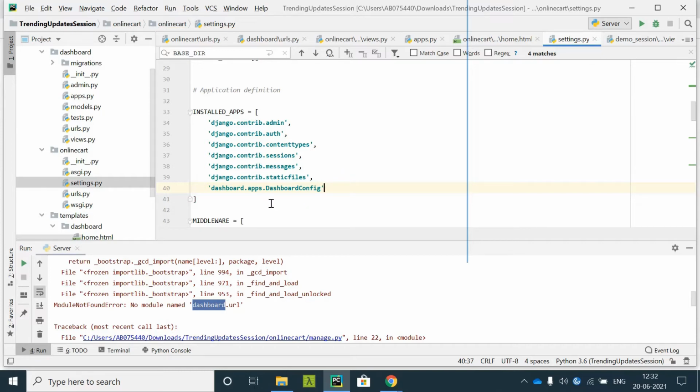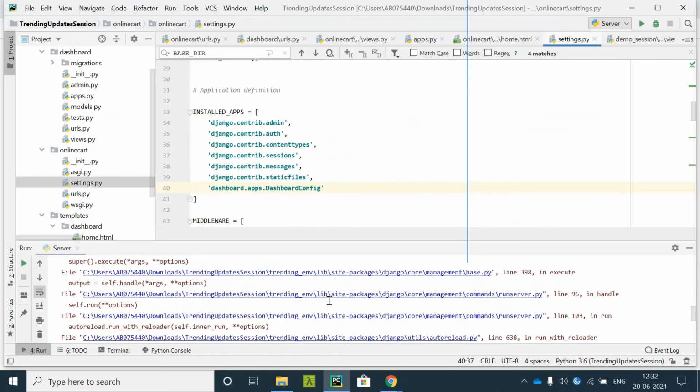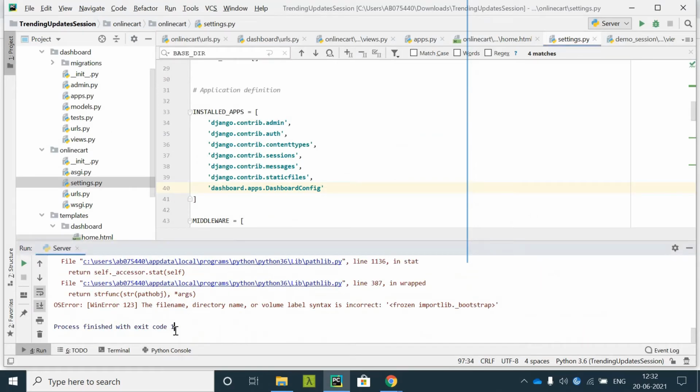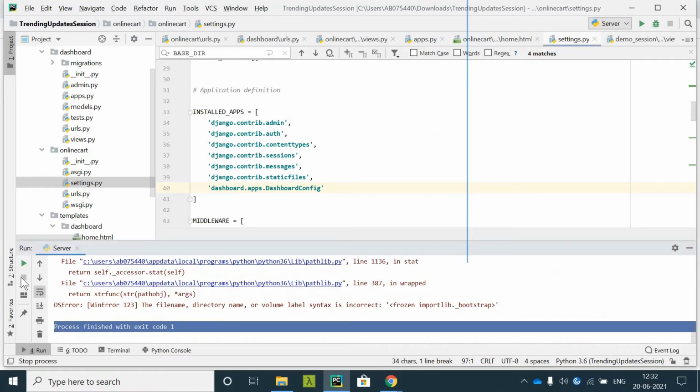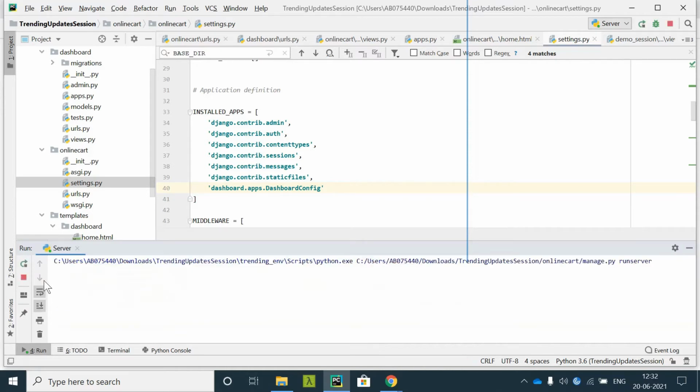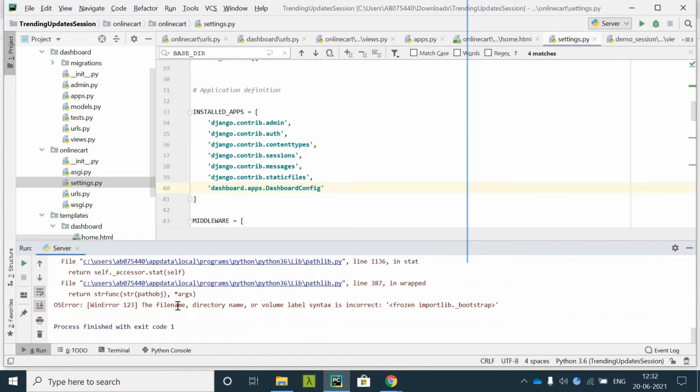This also I have discussed earlier. Let us run the server again and see whether the server is running fine. If not, then there is something wrong that we have done.